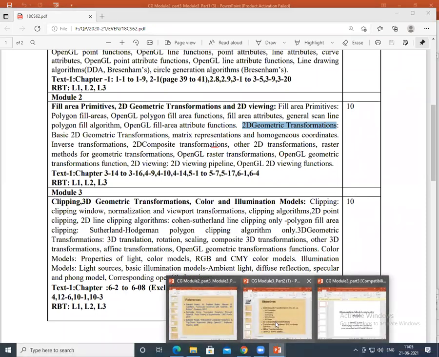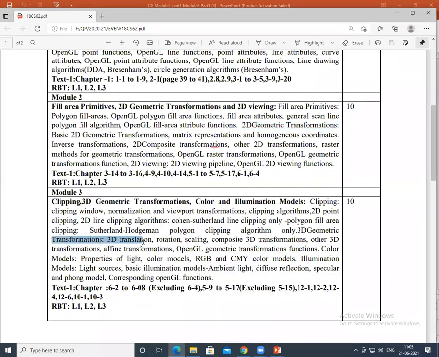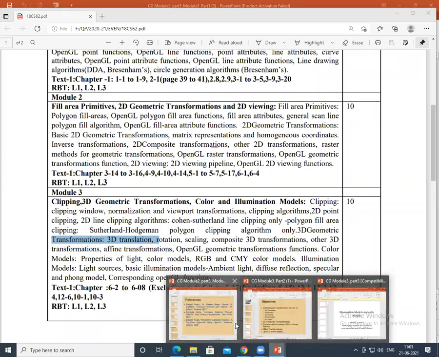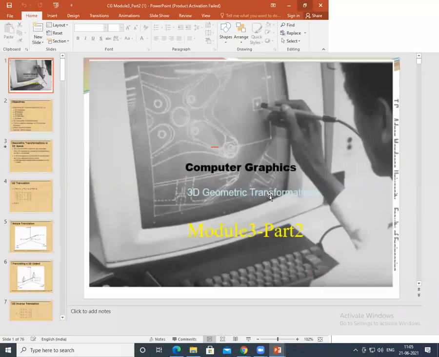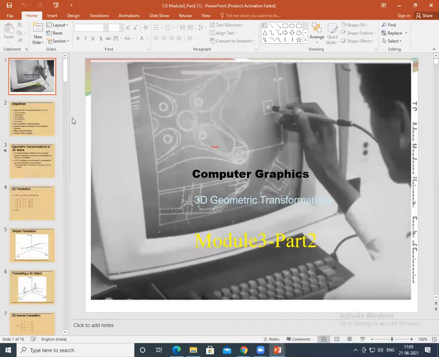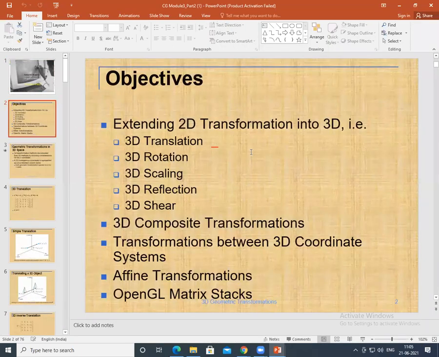Okay, now let me go to the module, same concept, that is transformations, 3D translation. At least I will try to cover this today and I will stop the session. So next is a concept on module 3 part 2, which is 3D translation, rotation, scaling, reflection and all. So what is translation? Hope all of you have understood the Sutherland Hodgman.